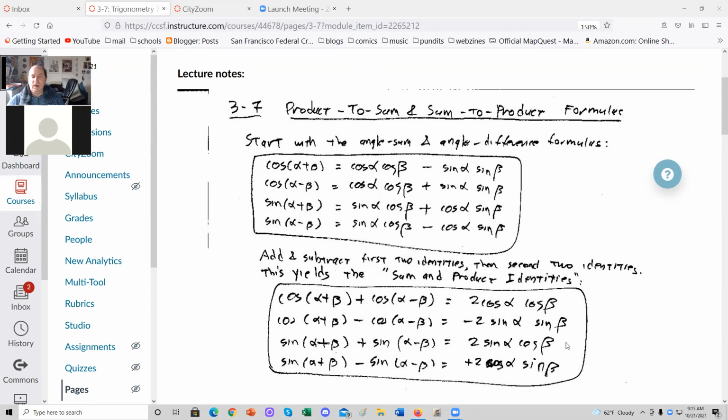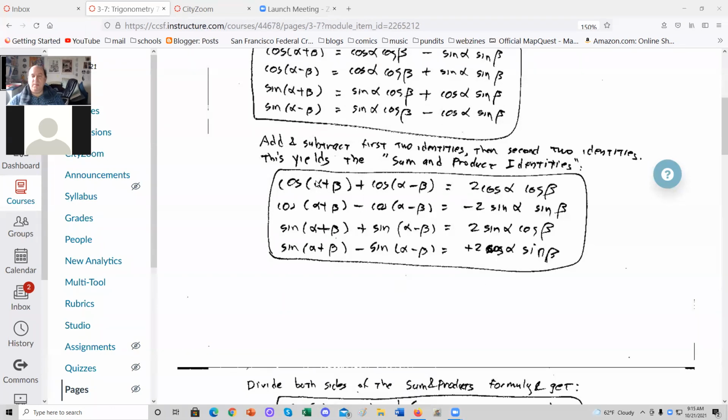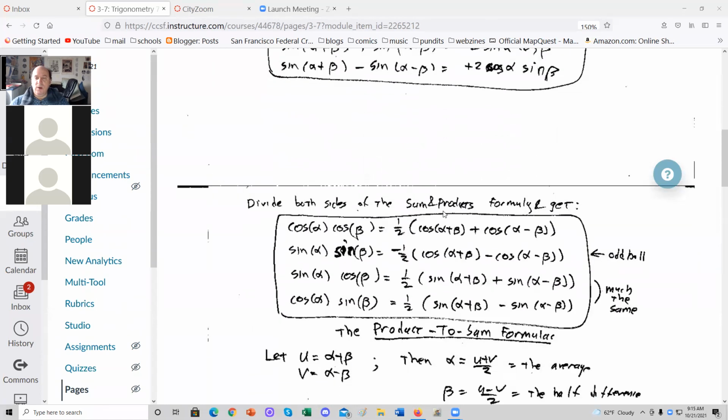All right, so I call these the sum and product identities because here are sums of cosines and sines, and here are products of cosines and sines, and plus and minus 2. Now, from here, we can go two ways. We can divide by 2, or minus 2 in this case, and get these products of cosines and sines turned into 1/2 of sums and differences. So if you do that, here we go. Divide these by 2 or minus 2, you get